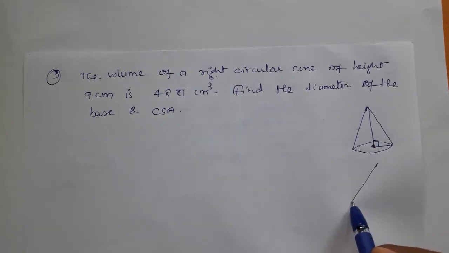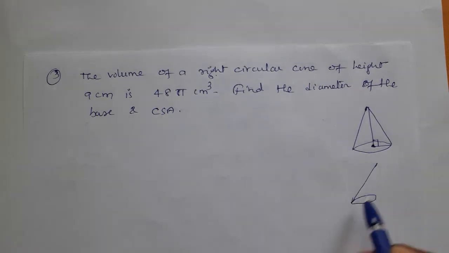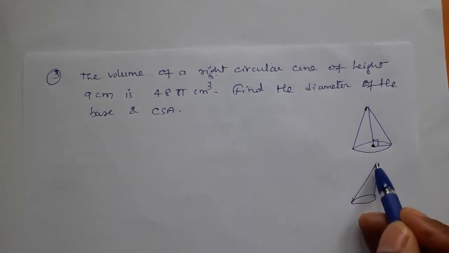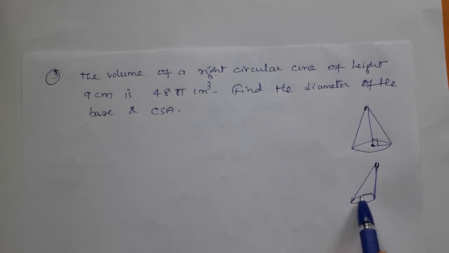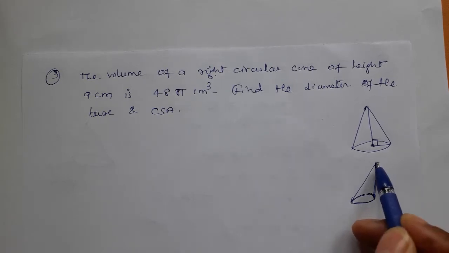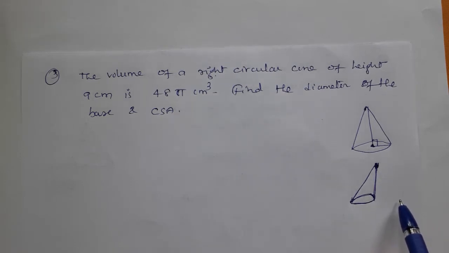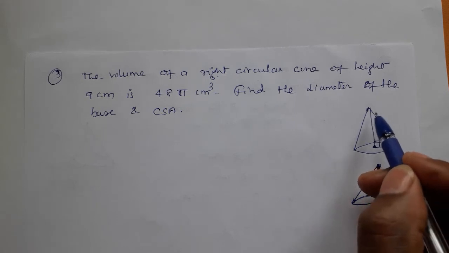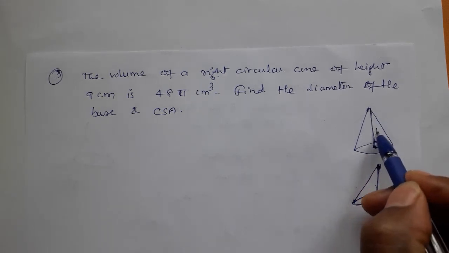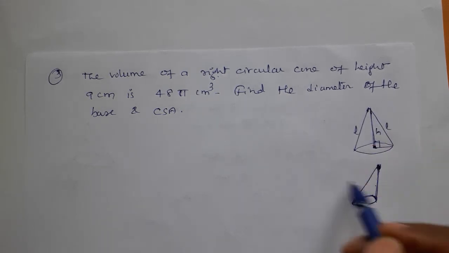So some shapes of cone will be like this. This is not a right circular cone. Look at here also, the base is circle, but here this is slanted, but here it is straight. Here only one side is slanted. The right circular cone is nothing but the height is at the middle, and both the sides are slanted. This is a right circular cone.